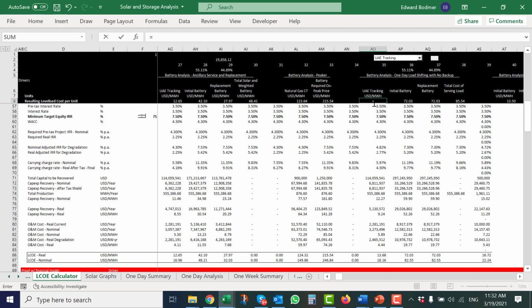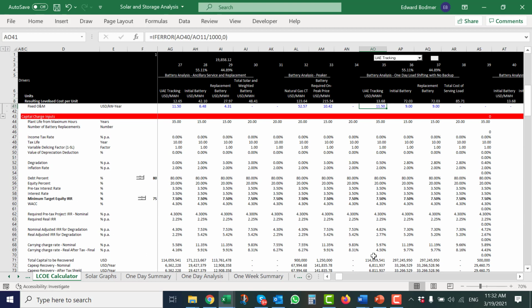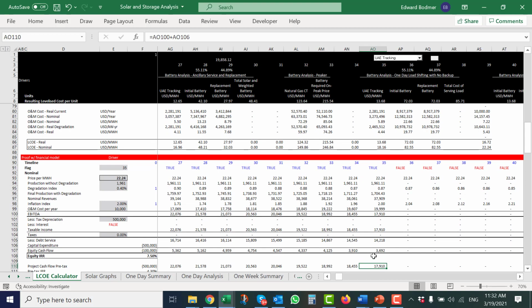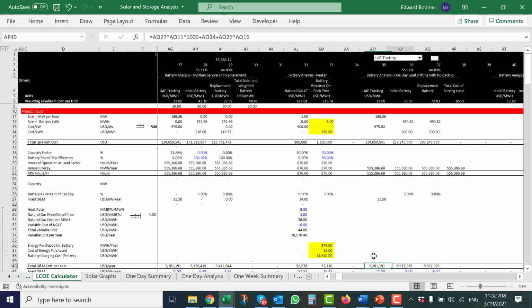Oh, I did kind of screw up. Okay, this should have been that one. Okay, not a big deal. I'm not really worried about that. And then, by the way, you can prove this all with the financial model that I've said umpteen times recently. Okay. So we get all of our numbers, it's going to change my numbers a tiny little bit, and we get all of our numbers, okay?